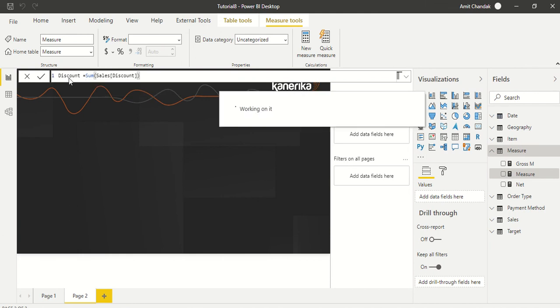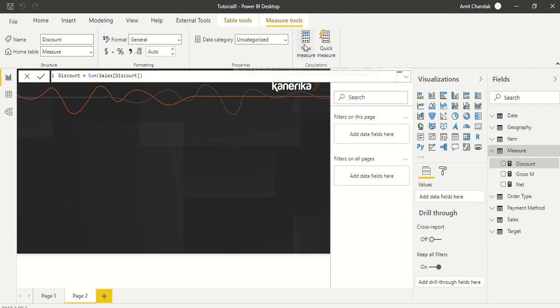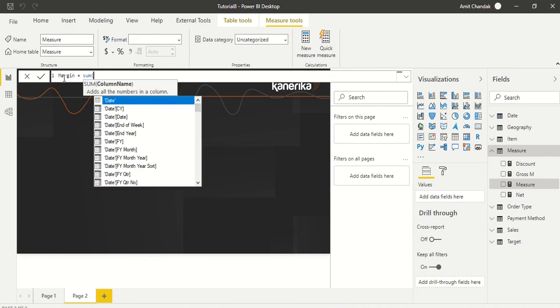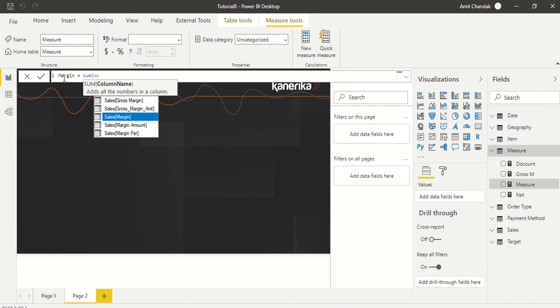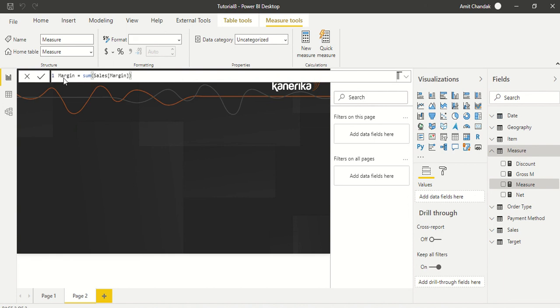We are going to take the new columns which we created in the last video, and now we have the calculations available in terms of measures. We're going to take margin, which is nothing but sum of margin.